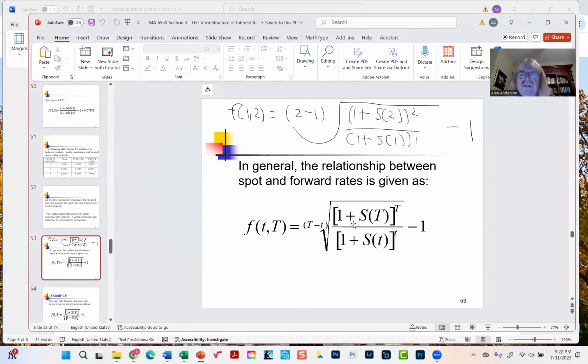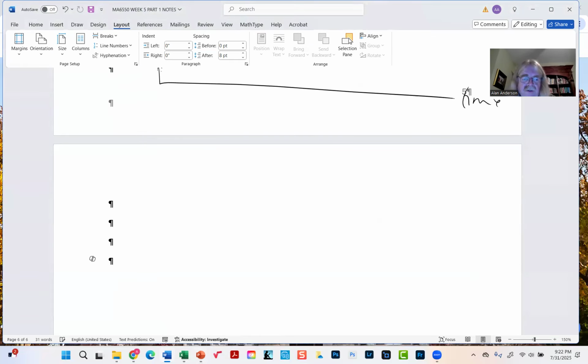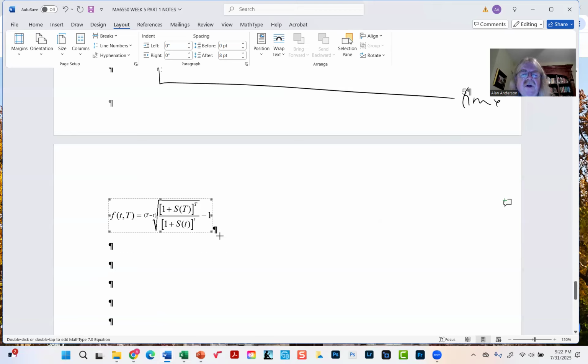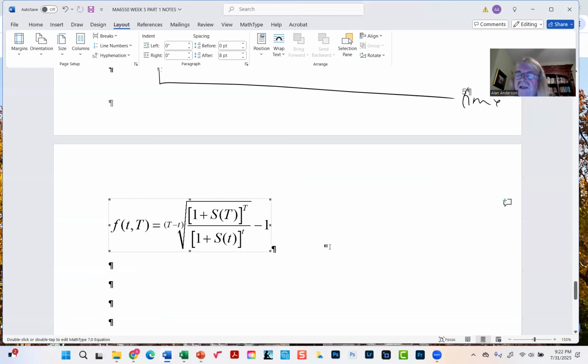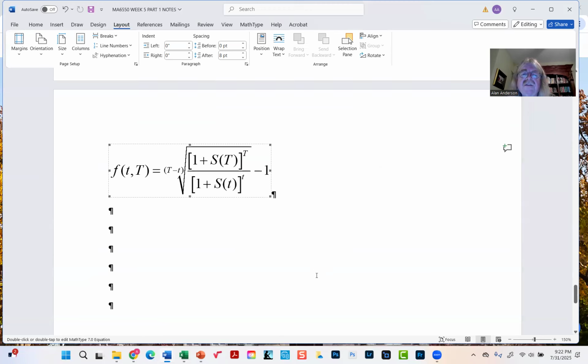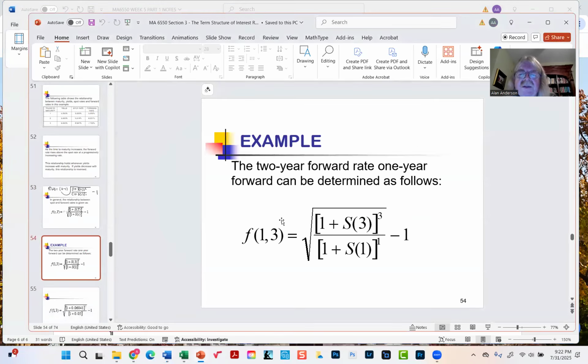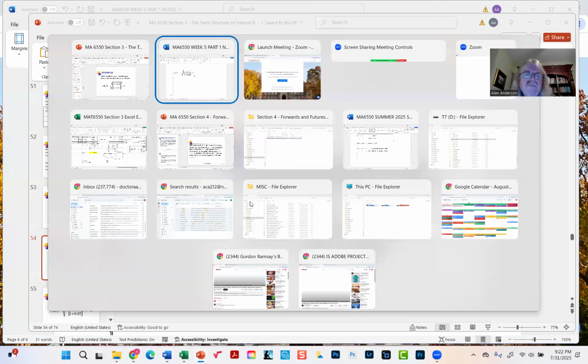Now, this formula is designed to show us any type of forward rate we might run into. So let me add this here. It's a more general formula. The ones we looked at so far, mainly the forward rate had a maturity of 1 year, but that's not necessarily always going to be the case. What do we do with those cases? For example, the 2 year rate 1 year forward, meaning this one,